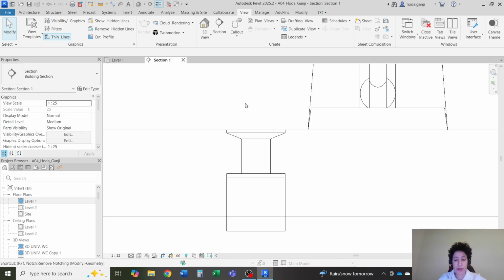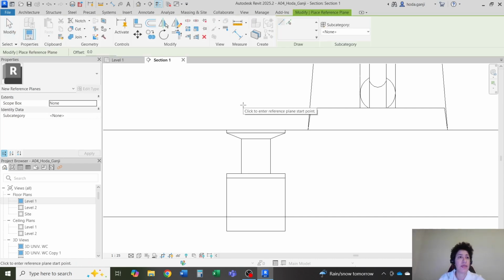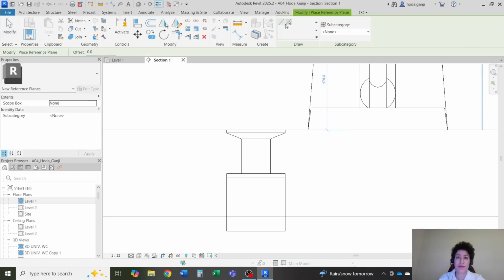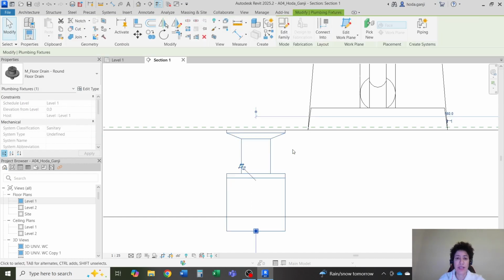So I'm going to drop a reference plane, RP, which if you go to architecture or structure or system tab, either of them, go to reference plane, pick line, and I'm going to offset by, let's say, 5 millimeters. And if I just drop a reference plane at the top of the floor, hit escape, then select the floor